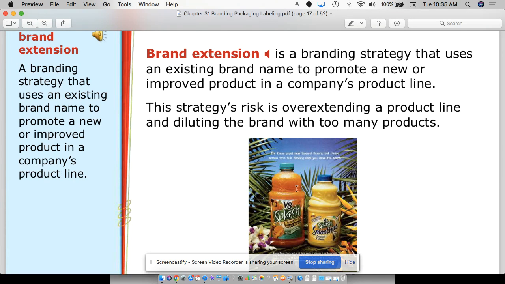How many versions of Coke are there? Too many. Coke, Diet Coke, caffeine-free Diet Coke, regular Coke, caffeine-free Coke, new Coke, cherry Coke, Diet Cherry Coke, chocolate cherry Coke. I mean, there's so many different extensions of the Coke brand that it goes on. The only real fear they have, though, is that they might start diluting their own brand and might hurt the popularity of regular Coke by adding in all these different ones. But you see a lot with Mountain Dew also. How many flavors of Mountain Dew are there now? There's a bunch.